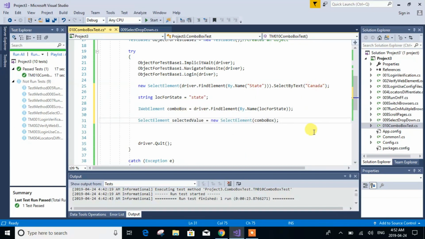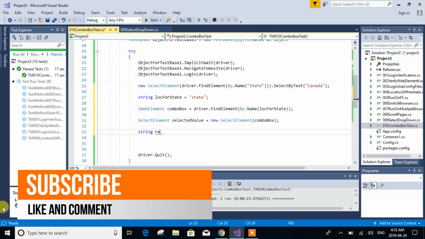Now we should see which element has been selected, to check whether Canada has been selected. So this SelectElement comboBox will return you the selected value. Now what is the selected value's text? That's what we are going to get. How to do that? Put string, let's put return text